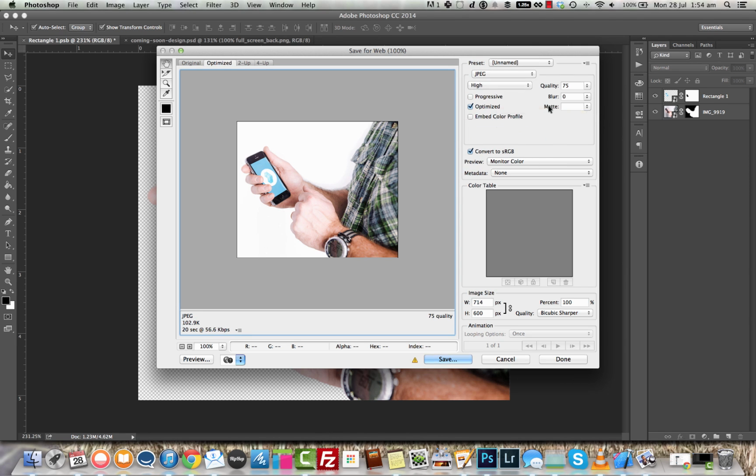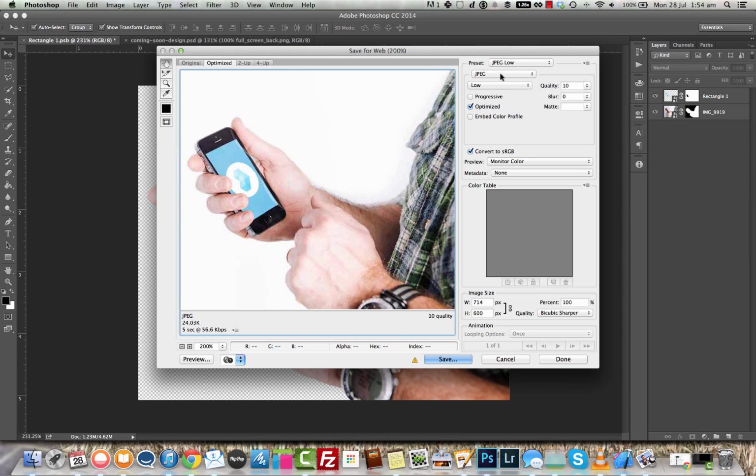For a JPEG, you have a lot more options. You can choose what compression quality you want. You can choose low, which takes it right down. What I'll do is I'll zoom in on this image 200% so we can really see the quality here. So that's at low, 10% quality. You can jump up to medium, 30%, high, 60%, and maximum at 100. Now, you can really get away with a lot here. If you have maximum at 100 and you get down to high,